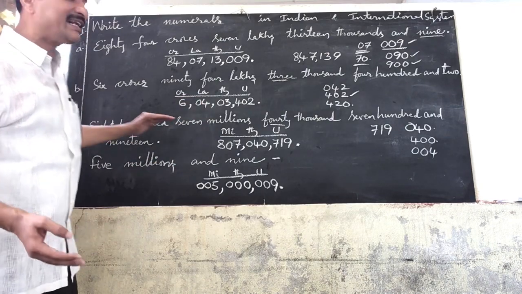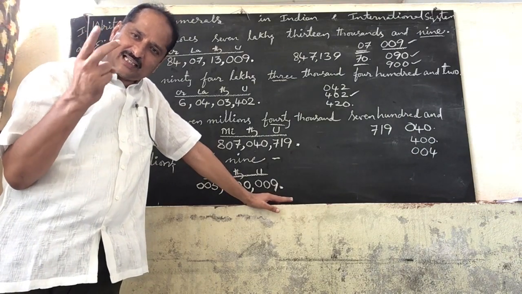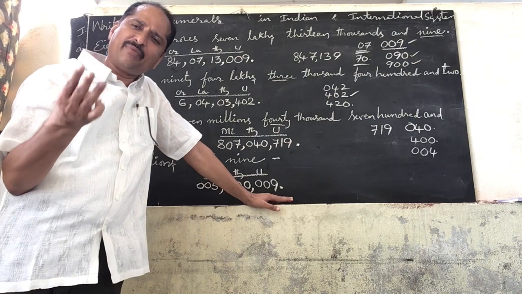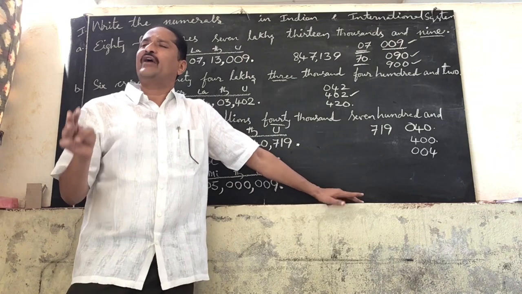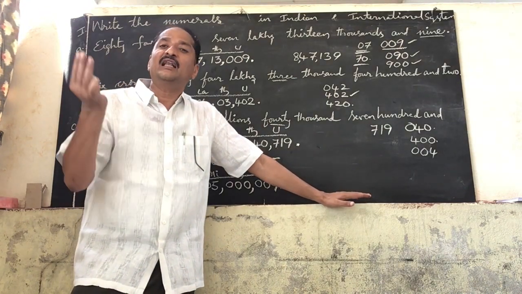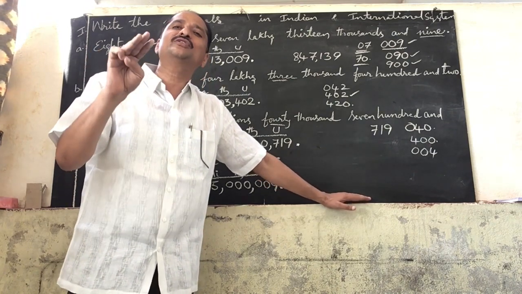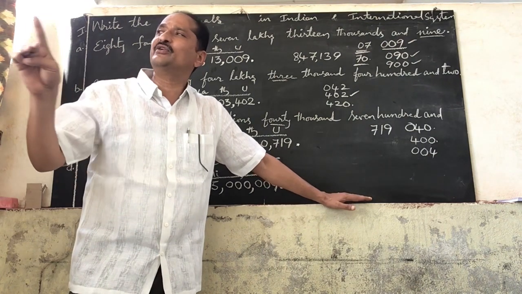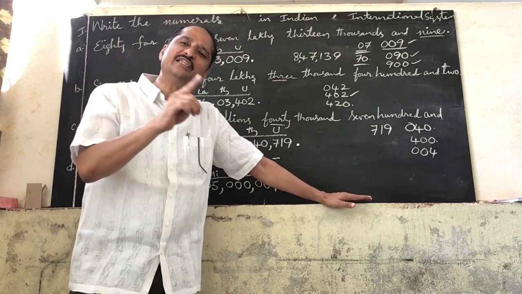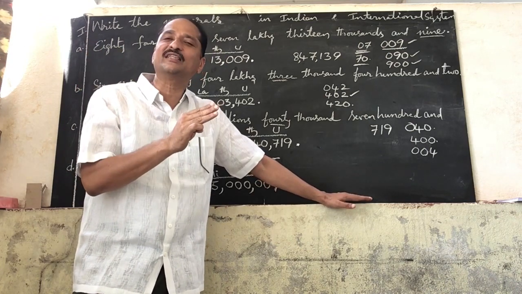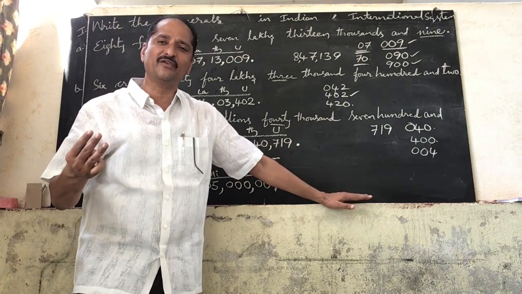Now coming to the international system of numeration, here we have 3 periods. They are units, thousands, millions. Very easy. Writing number name or numeral in the international system is easier than the Indian system. So while comparing numbers, while writing numbers in ascending and descending order, while writing place values, you can remember it is easy to divide them into 3 places. If you are dividing them into 3 places, how many digits there are is also easy to count. So divide them in the international system of numeration.